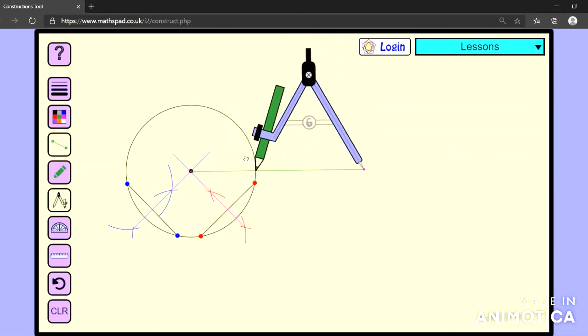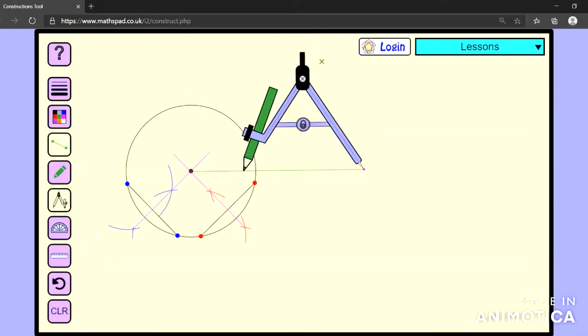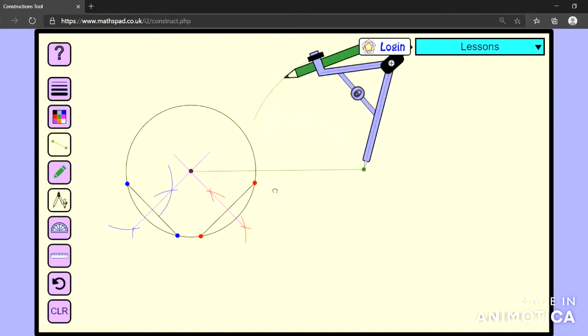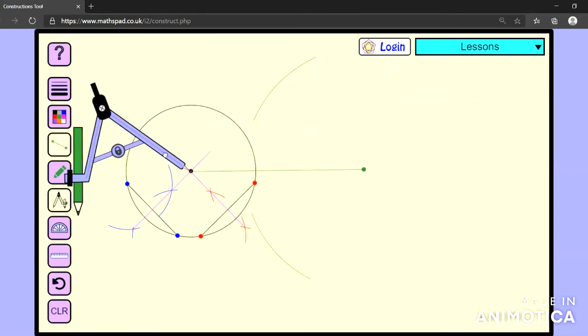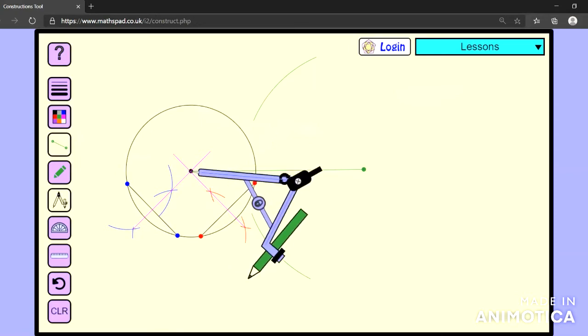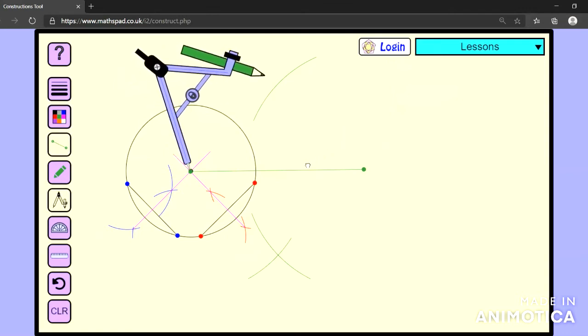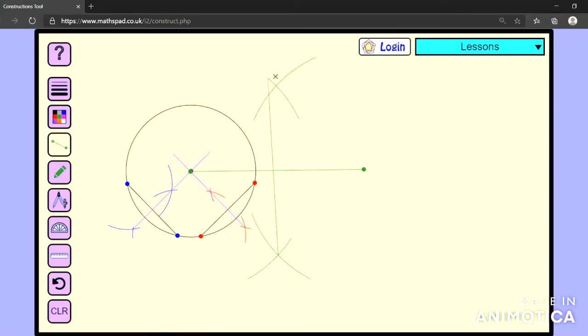The second step is to obtain the midpoint of that line segment which connects the center of the circle to the external point, because later we want to draw a circle with this line segment as diameter. So we want to find out the center for that circle. The center will be the midpoint of this line segment which joins the center to the external point. So again, for this line segment joining the center to the external point, I'm constructing a perpendicular bisector in order to obtain the center for the circle that I need to draw with this line segment as diameter.